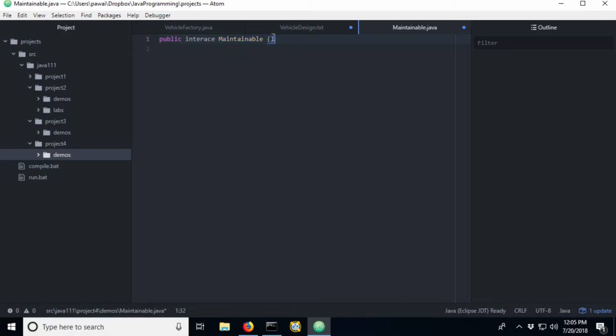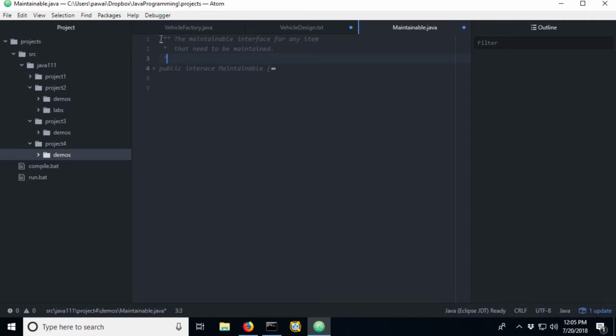And then the rest of writing the interface looks just like writing a class. So we've got curly braces. We'll put our comments up here. For any item that needs to be maintained.